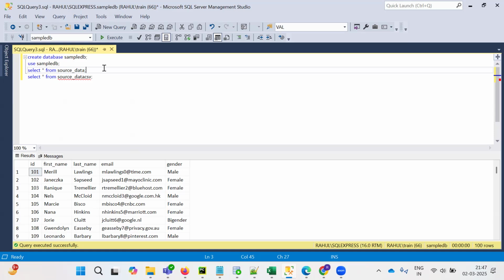So here I'm going to create one new table, create table target data,